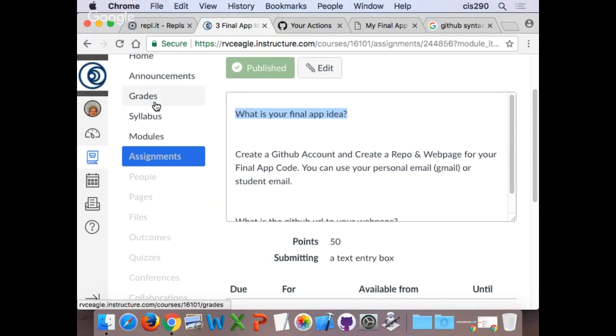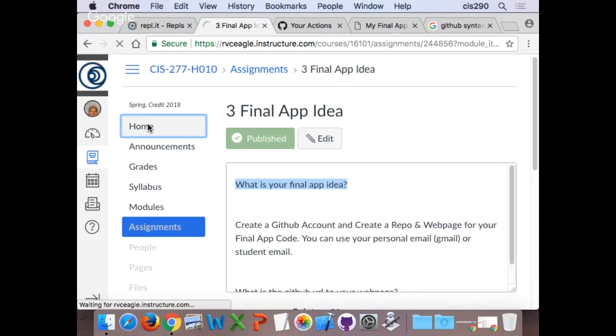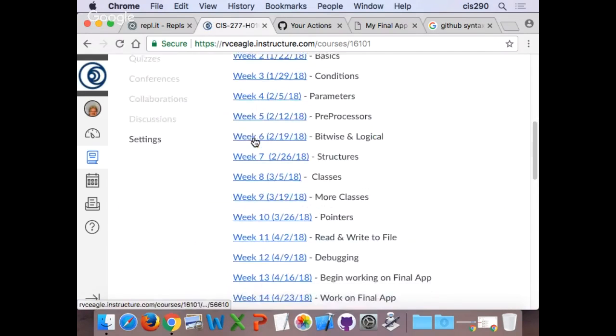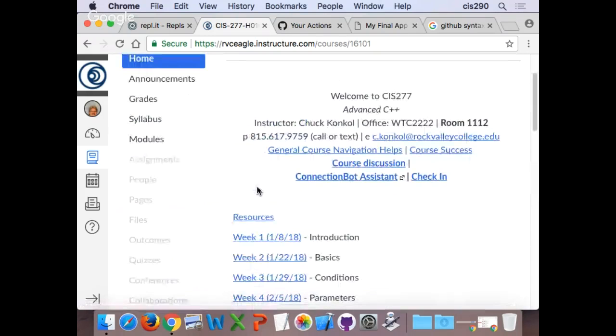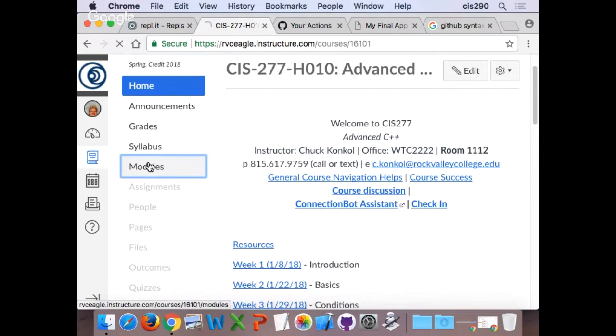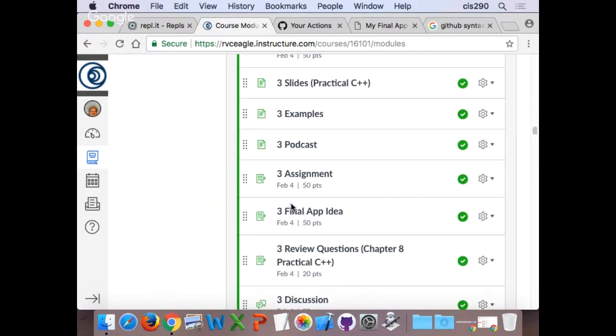Because we look at the layout of the semester, starting in week 13, you begin working full-time. You can work on it before then, but starting week 13 and 14, those 2 weeks, you get the entire weeks to work totally 100% on your app only, your final app only. I will still be here those nights to help you with whatever it might be, code help, code examples, and then you'll present on the last session in here. So, make sense? All right, so let's see here.